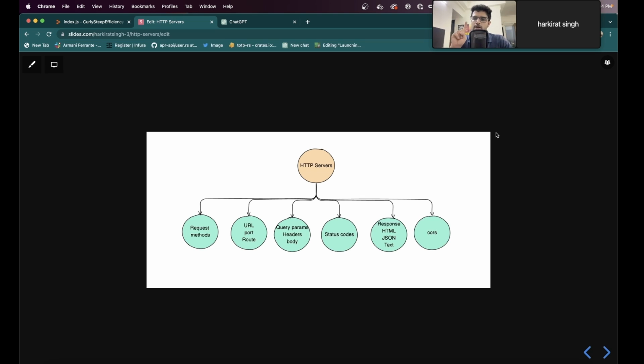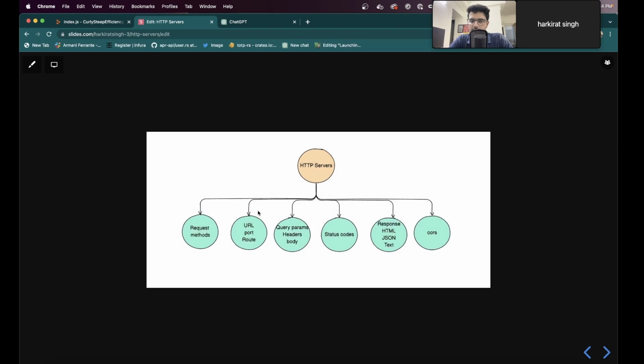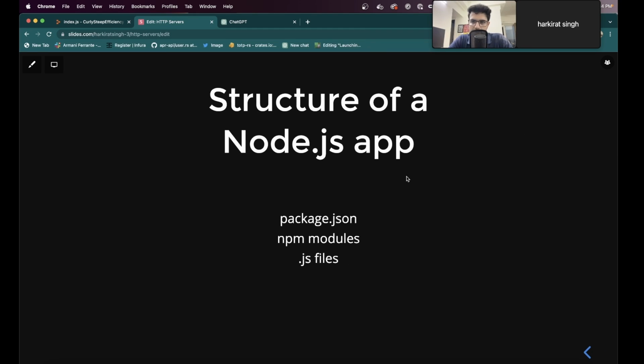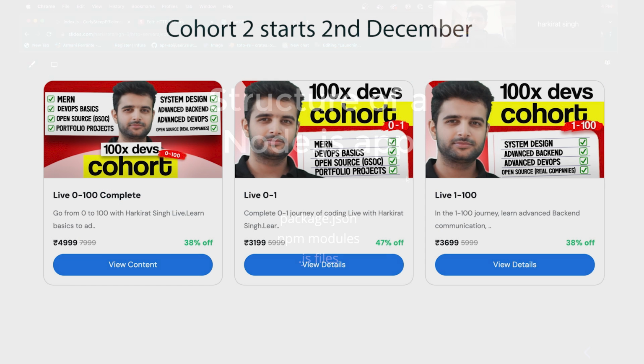For now, assume we're back in 1970 and you've written a very nice algorithm that calculates the sum from 1 to 100, and you need to expose this to everyone on the internet and you need to write the code for it in Node.js. Cool. Move a little bit forward. Structure of a Node.js application. We'll come to everything else soon. Structure of a Node.js application. I think most of you know this. The first thing you need to do now is make sure you have